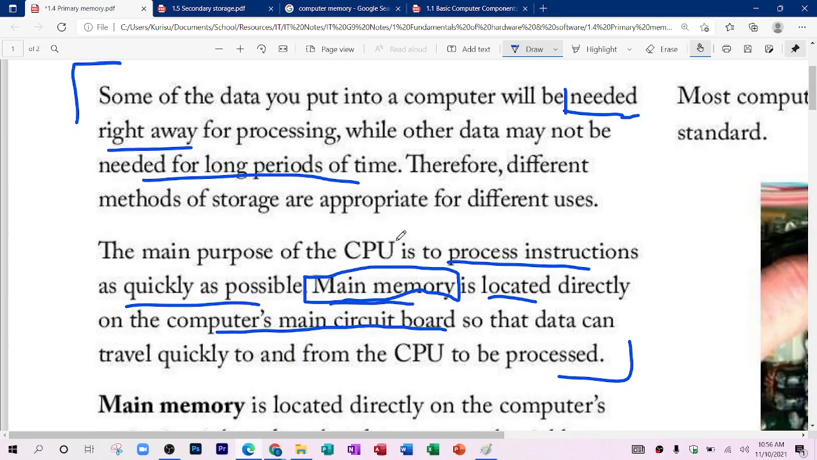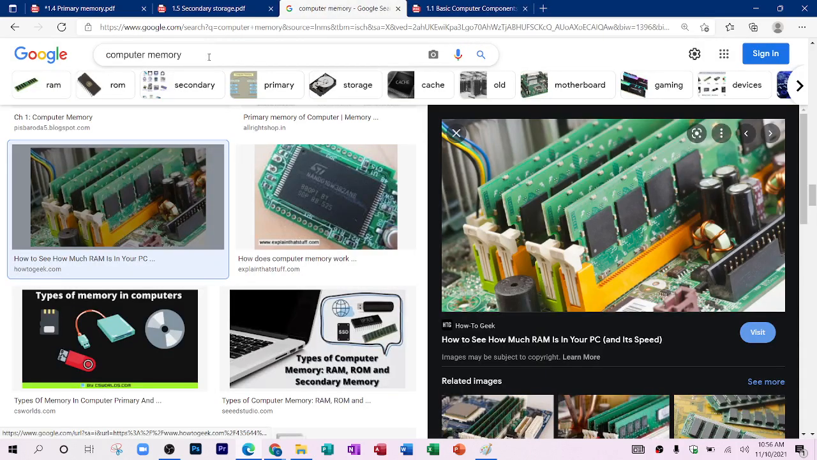So the second paragraph, the main purpose of the CPU is to process instructions as quickly as possible. So that is why the main memory is located on the motherboard, and it's actually not too far from the CPU. If you were to look at an actual motherboard,